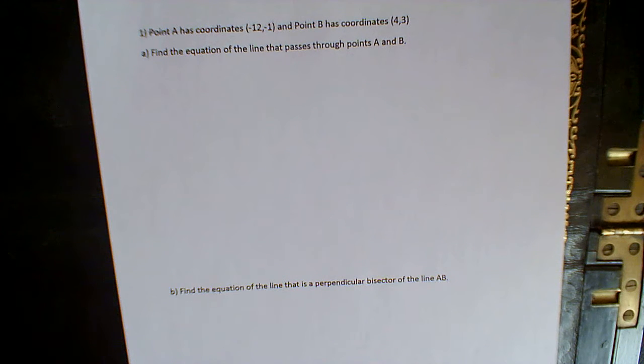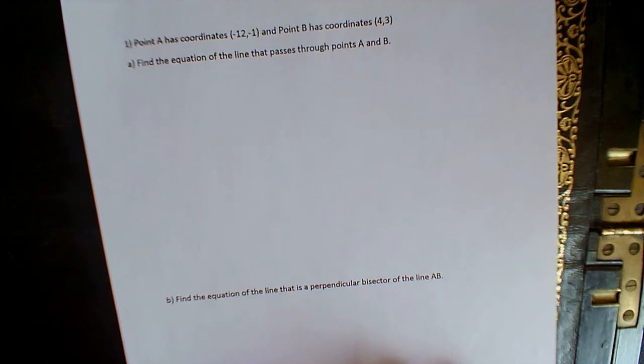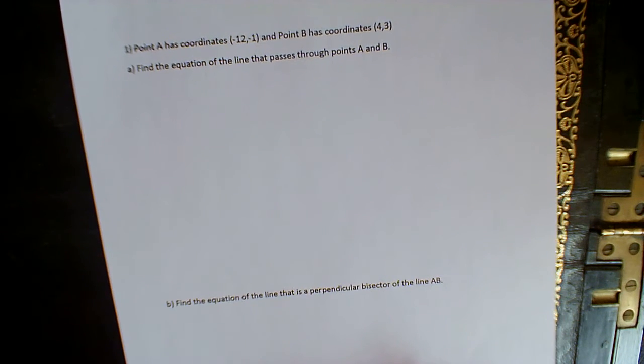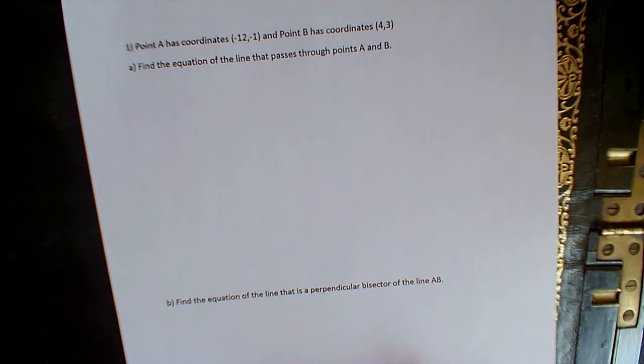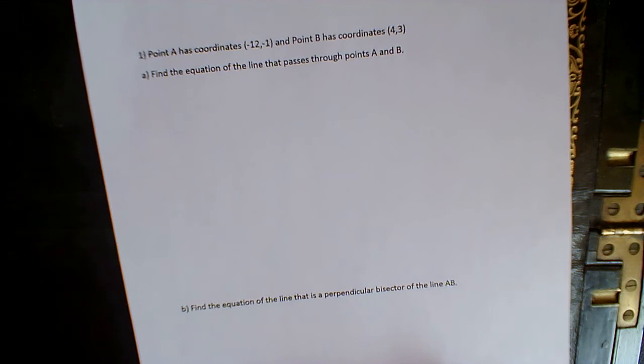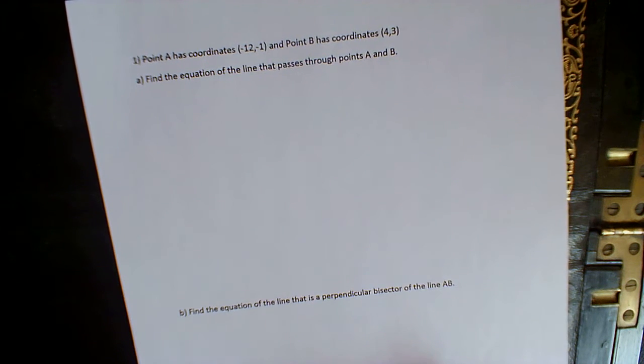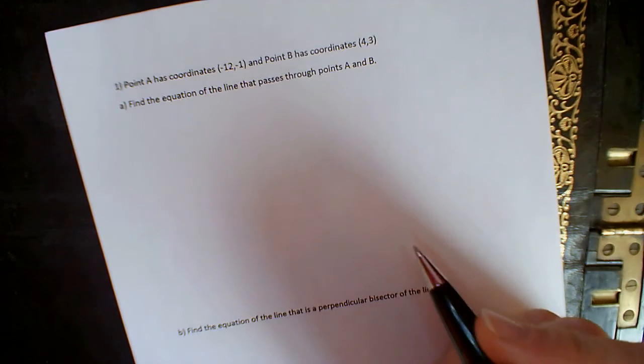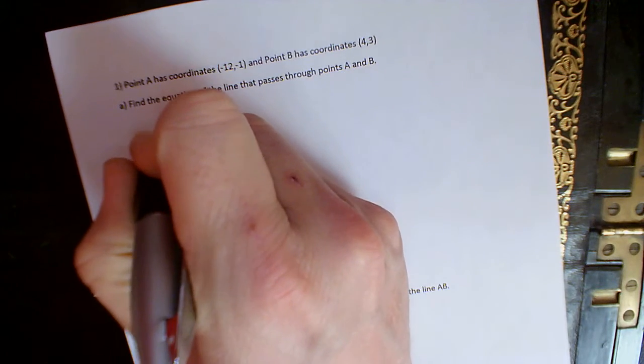Hello, we're going to look at finding the equation of a straight line using a pair of coordinates. So we've got point A, which is (-12, -1), and point B, which is (4, 3), and we're going to find the equation of the line that passes through A and B. We might feel better if we can see the graph, but you actually don't need to. First of all, we're going to find the gradient